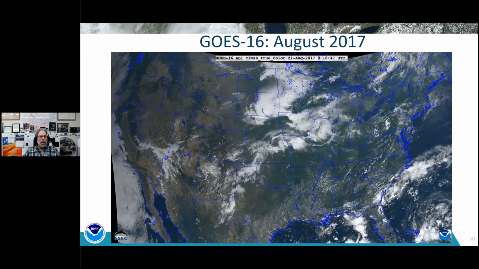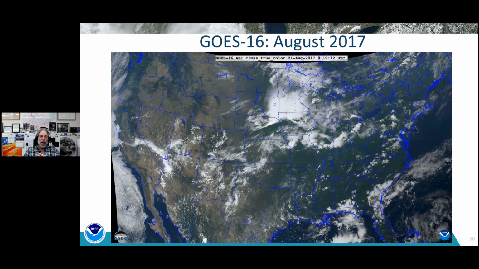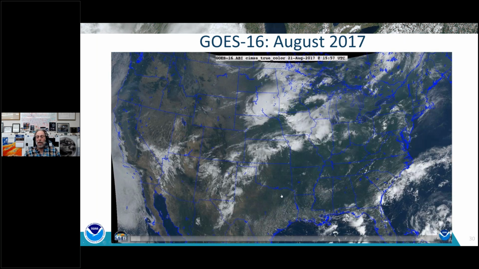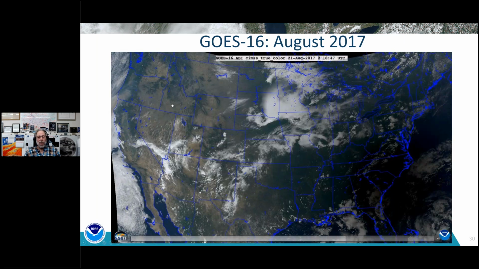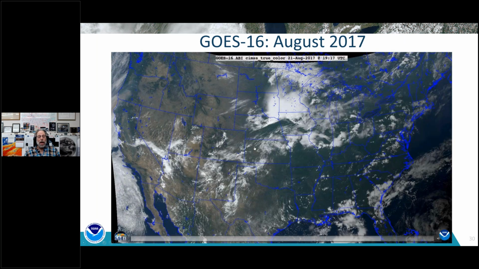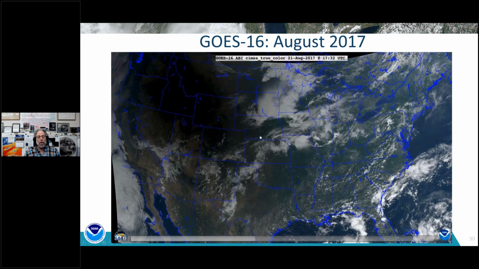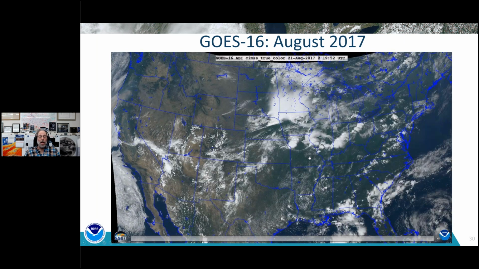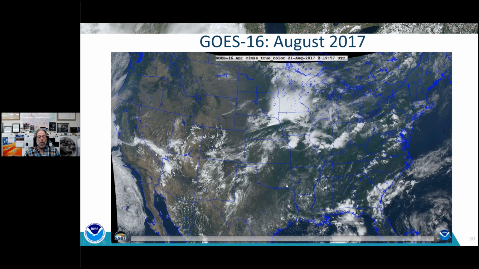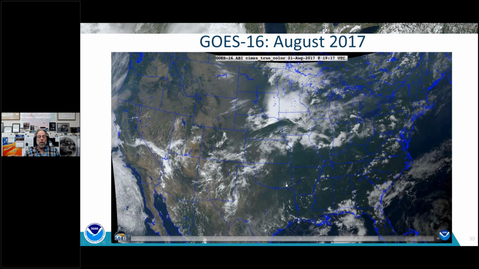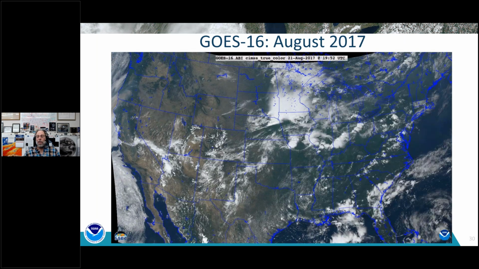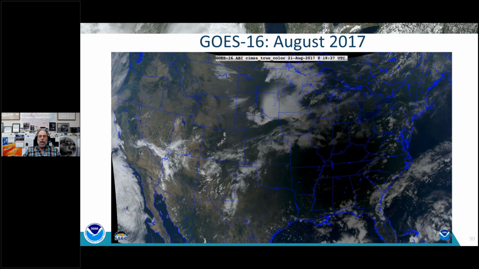If you can't see it, you can see the shadow. What's the shadow going to look like? Kind of like it looked in August of 2017. Obviously, the path is going to be different. It's going to look like this, but you can also see, when the sun's getting turned off here, some of the cumulus developing and then going away with less solar radiation, and then coming back. And even down in Oklahoma, you could see the cumulus forming, going away, and then coming back. So looking forward to that.